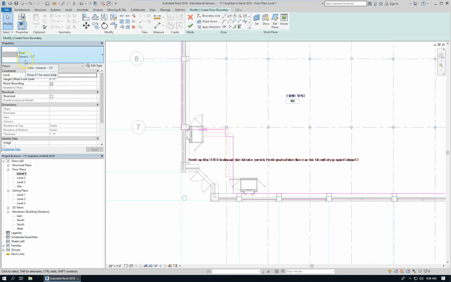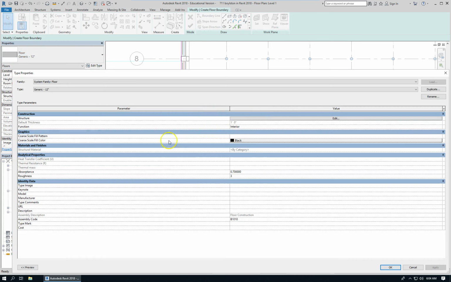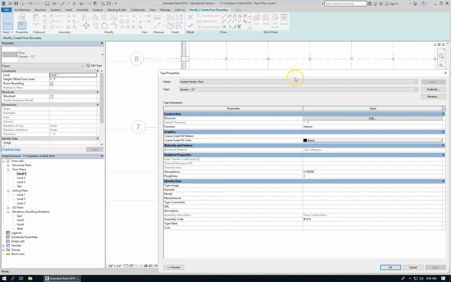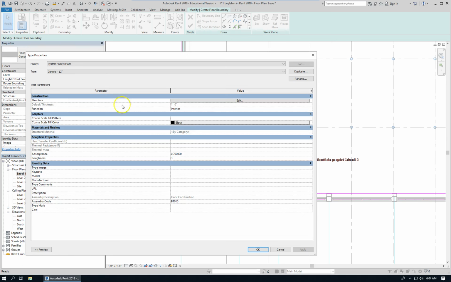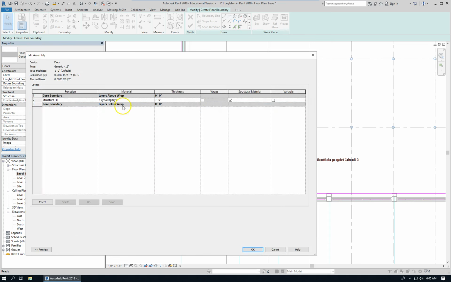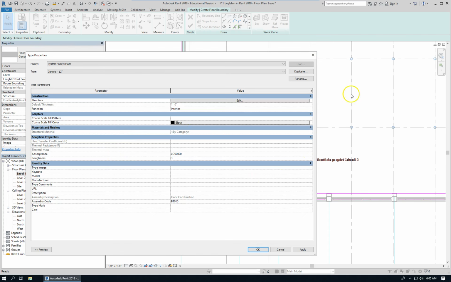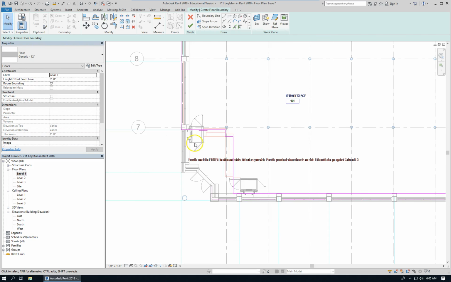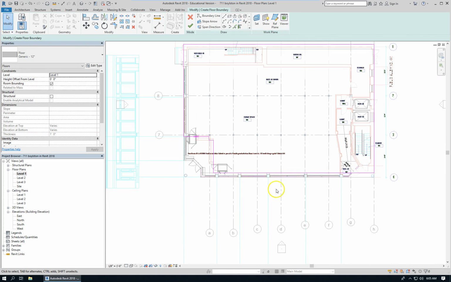That's a generic 12-inch floor type, so there's no stuff assigned to it. The floor itself has just a thickness of 1.0 and no structure, no layers. It's just default by category. So it's just going to give you a 12-inch thick floor slab with the shape that you've drawn in sketch